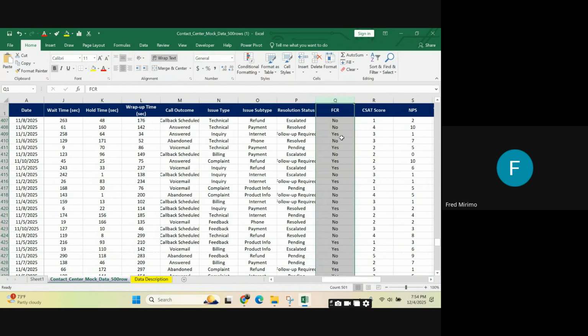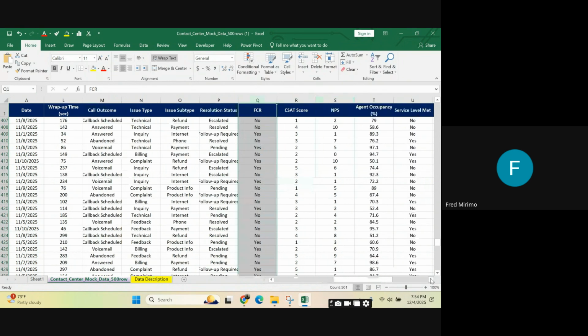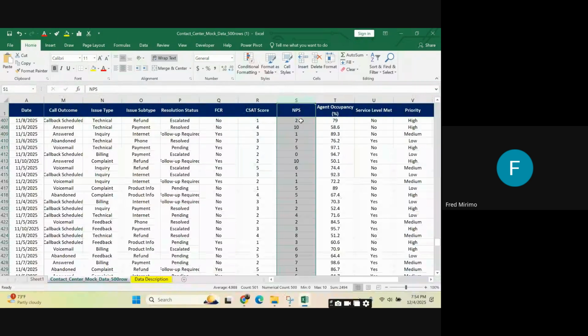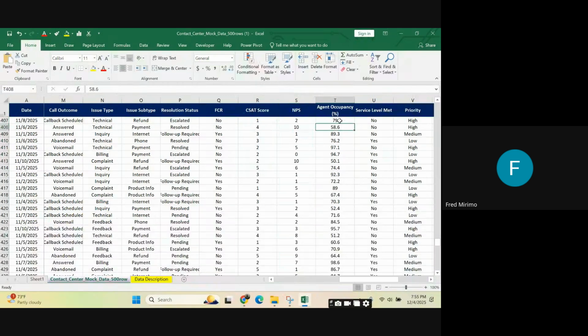If instantly, then the FCR becomes yes. If no, then the FCR becomes no. And then here is the CSAT score. CSAT, how did the customer rate us? Is it 1, 4, 3, 5, whatever? The NPS, how likely was the customer to recommend us? This is the NPS. And then occupancy,